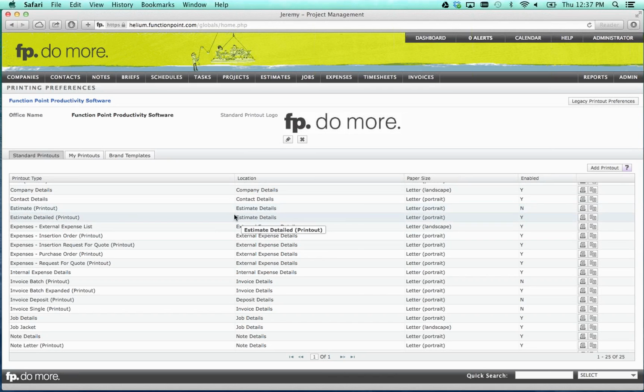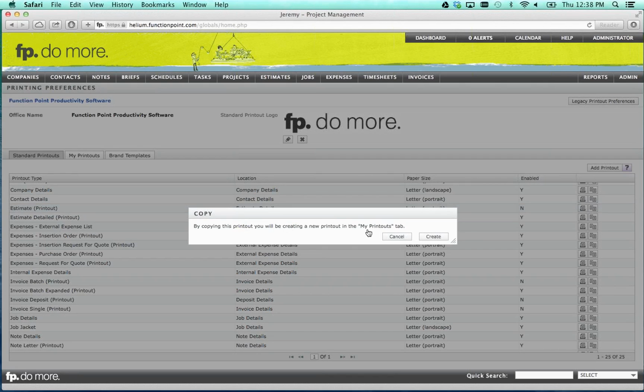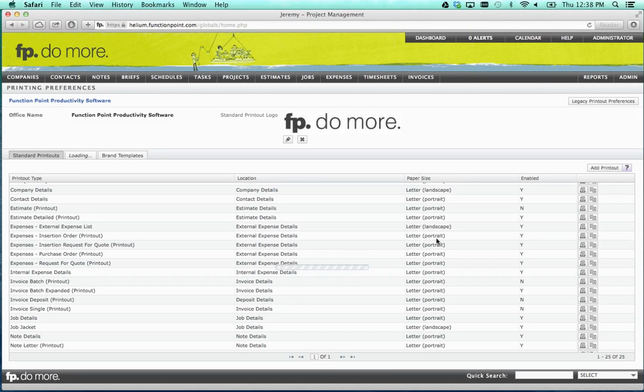What I want to do is actually go in and create one. So you've got the option to preview the layout, or you've got the option to actually create from this printout. You can't create from scratch. You have to create based upon one of our base printouts. So what we're going to do is just click copy, and it's letting you know that by copying this printout, it's going to be under my printout tabs now. So we're going to go ahead and click on create,